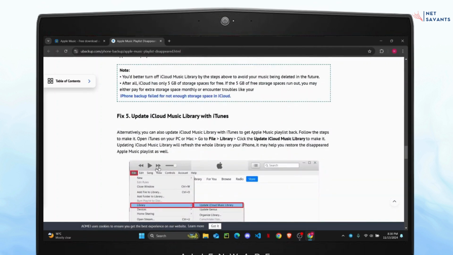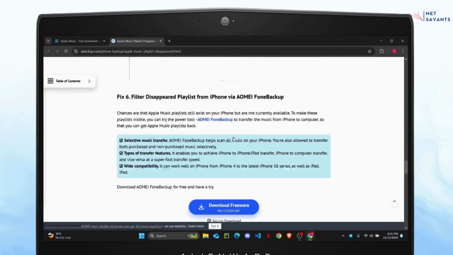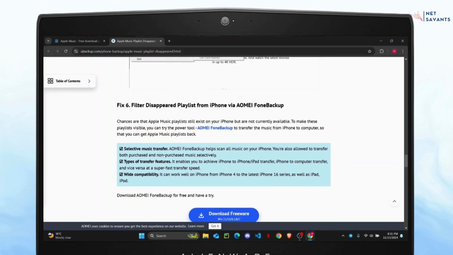And the fifth method is to update your iCloud Music Library with iTunes. So if your iCloud Music is not up to date, then you will have to update it and make sure that you sync it with your iTunes. For that, you will have to open up your PC or Mac, then go to File, Library, and then update the iCloud Music Library. And after that, you will have to finally filter disappeared playlists from your iPhone via AOMEI